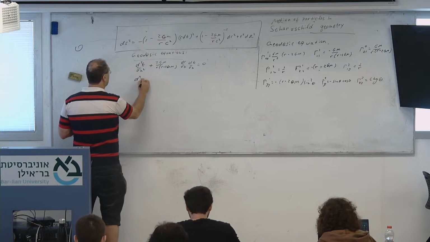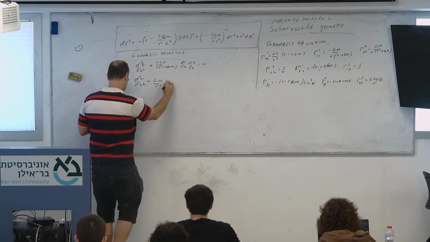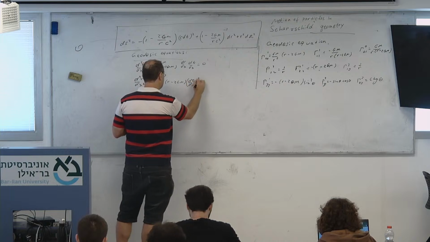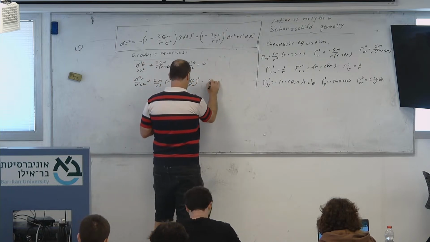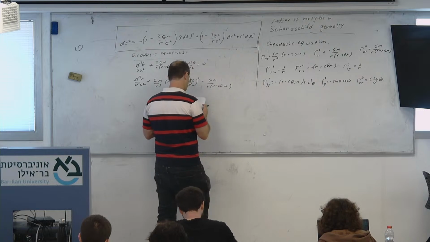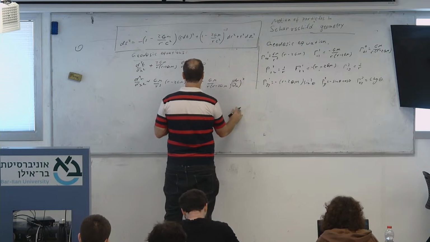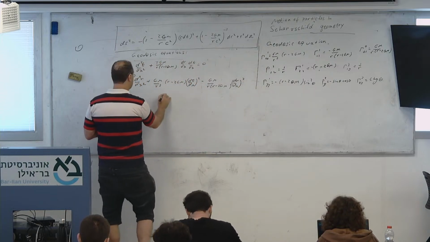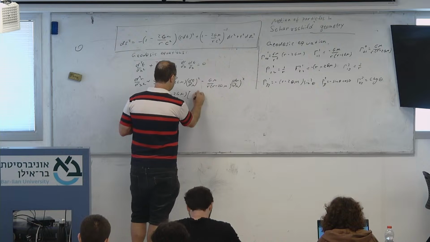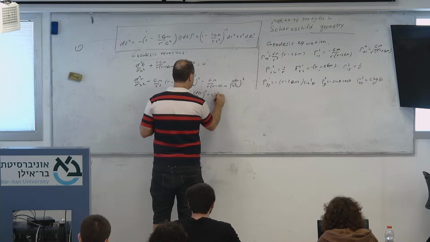For r, we have d squared r over d lambda squared plus GM over r cubed times (r minus 2GM) times (dt over d lambda) squared, minus GM over (r minus 2GM) times (dr over d lambda) squared, minus (r minus 2GM) times (d theta over d lambda) squared plus sine squared theta (d phi over d lambda) squared